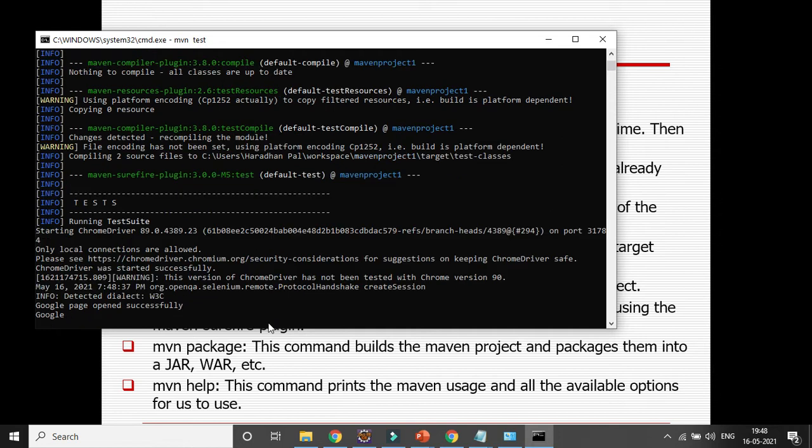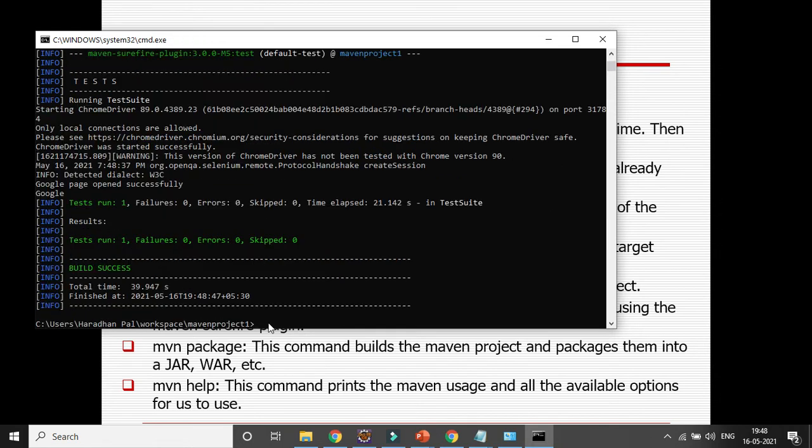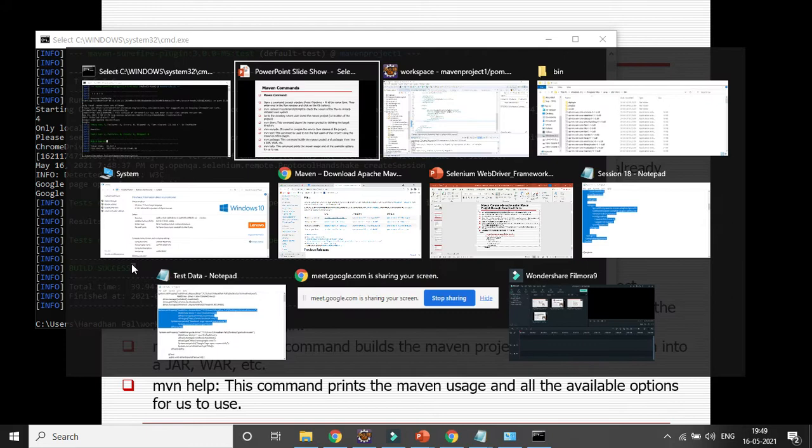You can see, Google page opened successfully, and that is the title of the page. Tests run 1, failures 0, green color, build success. So the Maven project runs successfully.